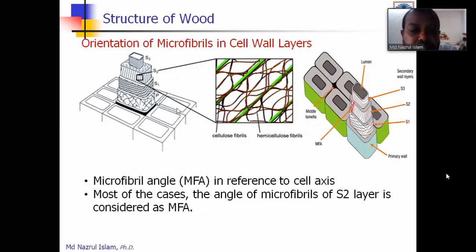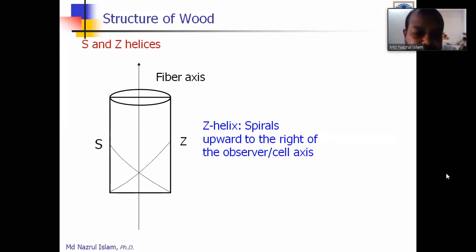So now if you just look at this figure, at the center you see the cell wall, and in the cell wall there is green color, which is the cellulose chain, and in between two cellulose chains there is some filling material that is either hemicellulose or lignin. So there is another new terminology. I think you have also studied microfibril angle. So you have some idea about the microfibril angle. We will also discuss it a bit.